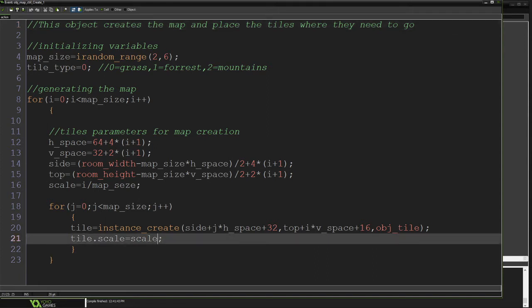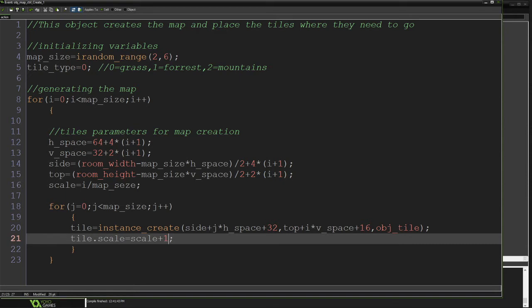Now I'm going to make this tiny little change. I'm going to set it as scale + 1. Now, because the scale that we're calculating is going to give me a value between 0 and 1, I'm going to add 1 to it because I want the smallest possible scale to be 1 and the largest possible scale to be 2. So this line of code is going to tell each tile of the map